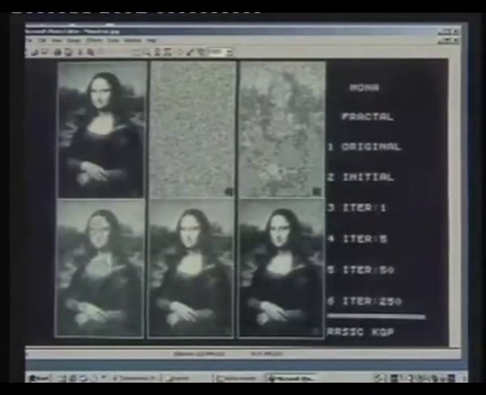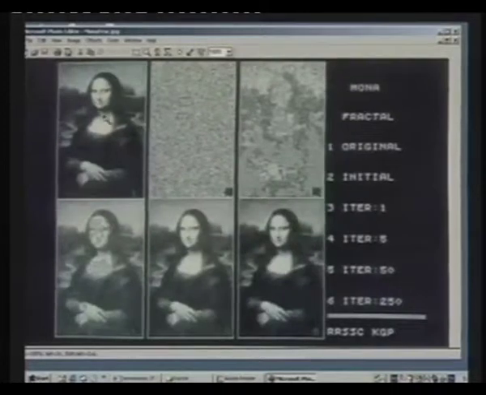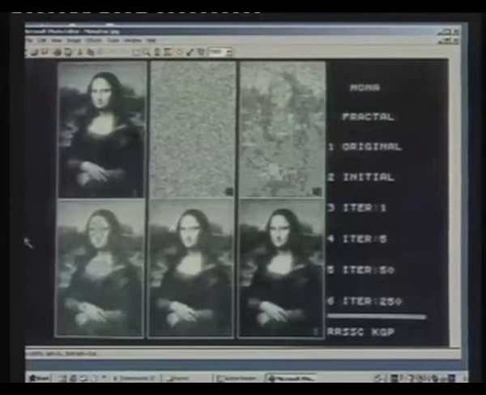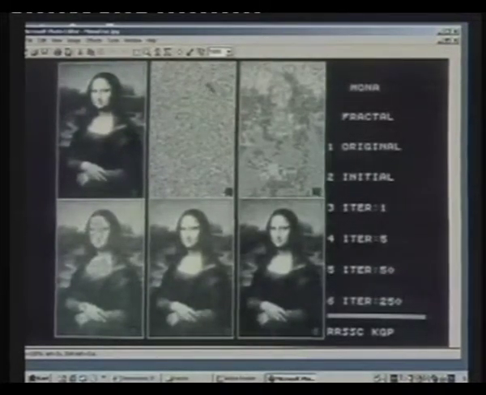For example, here we started with the image of Mona Lisa, right? That is our subset L, and we have obtained the set of affine transformations that will get it there. So we can start from any arbitrary image, which is the middle one, the second one. Can you see the cursor moving? Yes. So this is the starting image for the decompression algorithm, and as we go on applying that, this is